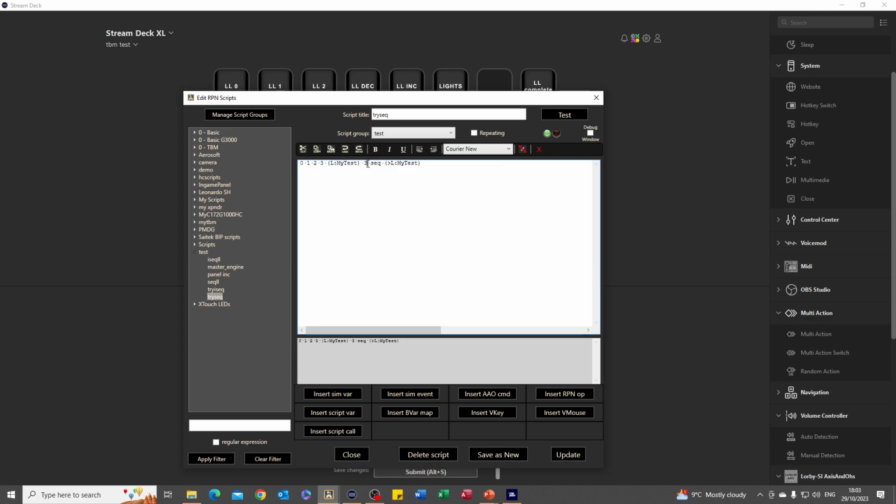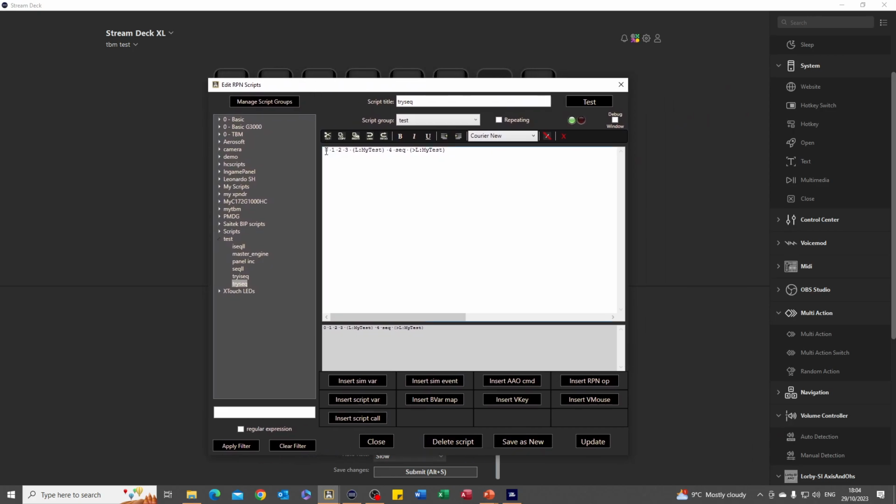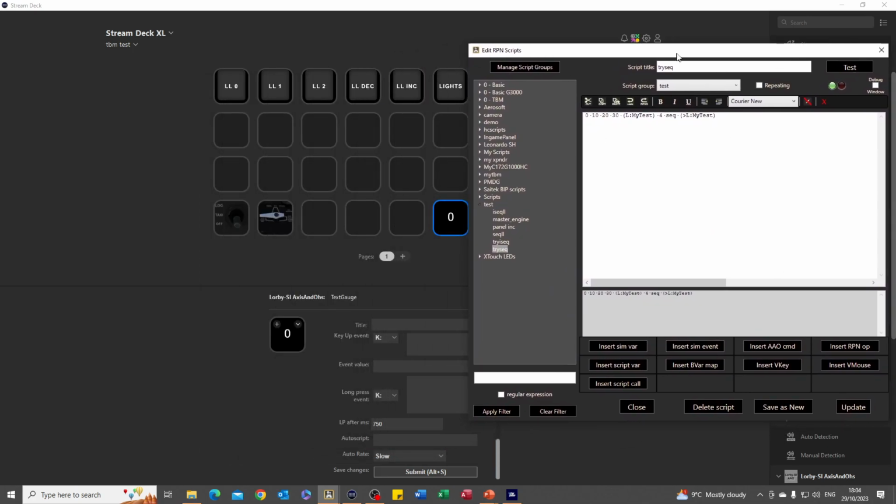So add another one to it, tell it there's 4 items in the list, update that. So again, when I press on that button there, it'll step through to 3. So you can have as many positions as you like. In fact, it doesn't have to be 1, 2, 3. We can make it 10, 20, 30, update that. And so as I step through this now, it'll step through those values in whatever order